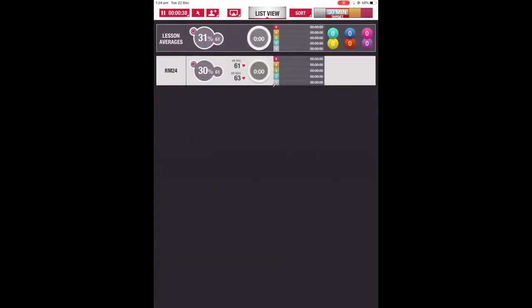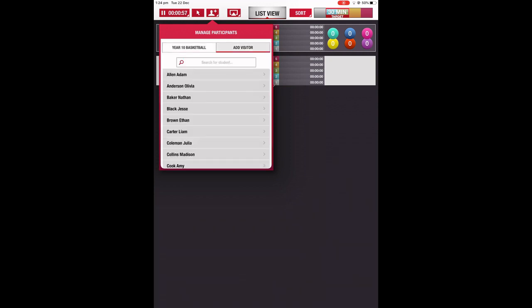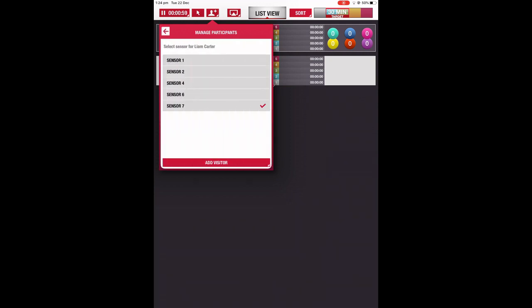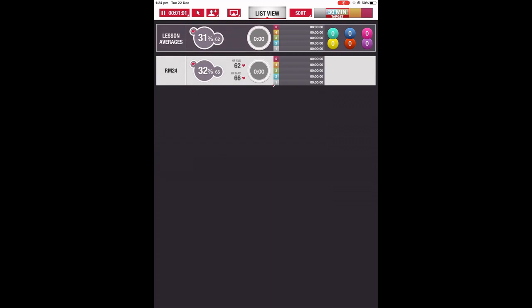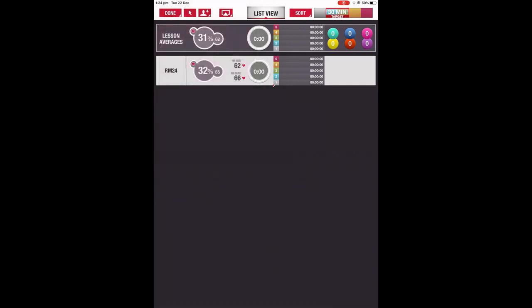And this is the screen that can project to a larger screen. So if you've got a TV in your gymnasium or basketball court or something like that, this is the screen you project, so all the students can see their own live heart rate as they go through the class. And again, during the session, you can just add students. So add a visitor, choose somebody, tell them which sensor they're wearing, add visitor, and they would be added to the class. If we just end this session, end lesson, save,